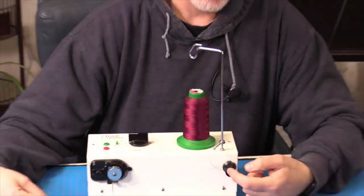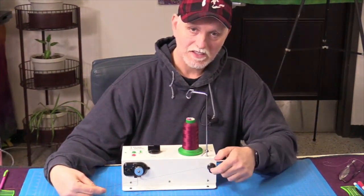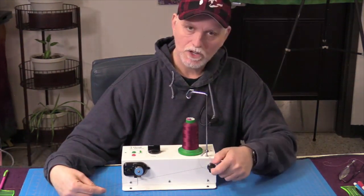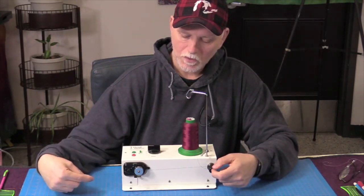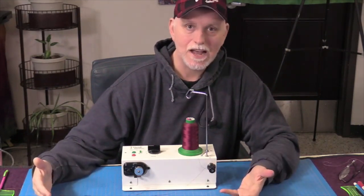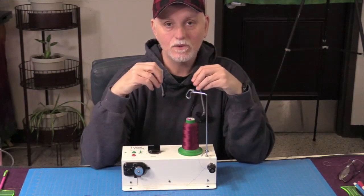So at that point now, with some of the bobbin winders, instead of having a knob here, you're going to have a little screw. Then that's going to be your adjuster. You would get a screwdriver, whether it's Phillips or flat, and you would use that screw to do that. So now when you wind your bobbin, you're going to end up with an evenly wound bobbin that's not stretched. Now, why is that an issue? Well, it's stretched. So that means if you're winding thread that's stretched onto your bobbin and then you go to quilt, every time you come to a stop,